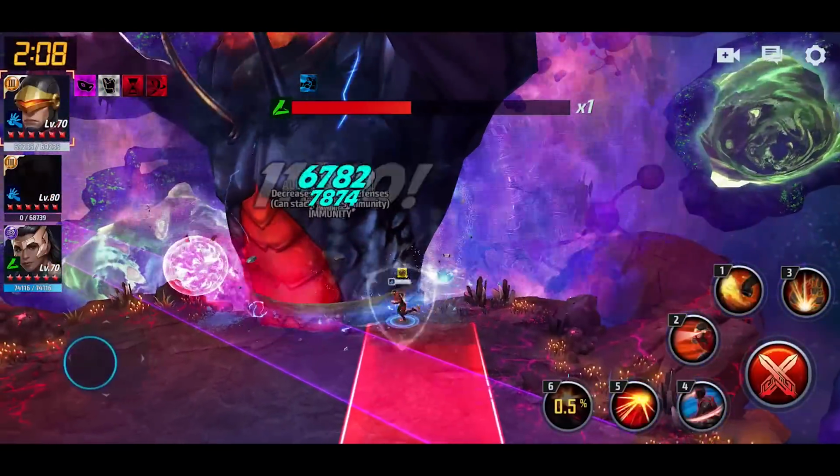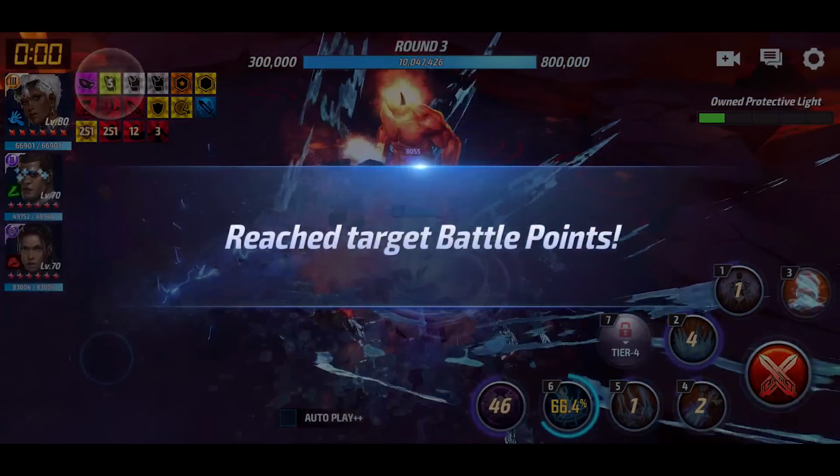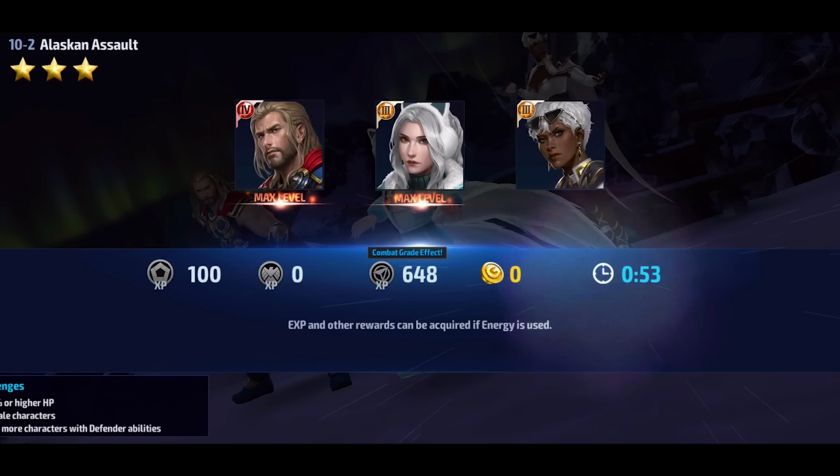Giant Boss Raid Dormammu. In squad battle, her improvement was about 400,000 more points, and I also took her into stage 10.2 of Dispatch, and with Thor and White Fox's leadership and replacing Moon Knight, she was able to give me my fastest clear time yet of 53 seconds, which is about 5 to 7 seconds faster than I had